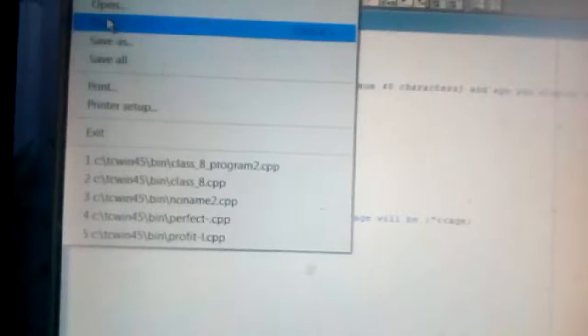So for that, first you write this program and then go to the file, okay, and then save. Because I have saved, it is now inactive, so you have to click on save, then it will automatically be saved. And if it is the first time you are creating a program, then it will ask you to give the name of the file. You just enter the name of the file and click on save, and then you have to click on the project. Click on the project and click on the compile option. Remember that whenever you make any change in your program, you have to save, and after that you have to compile, otherwise the last program will execute.